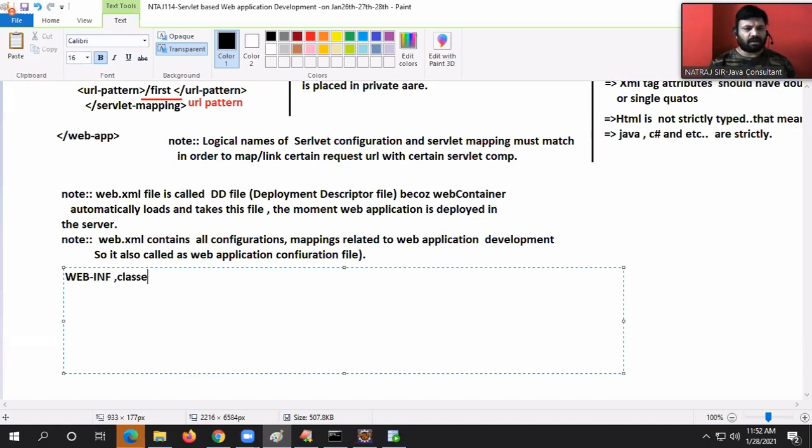WEB-INF, classes, web.xml file names are fixed.